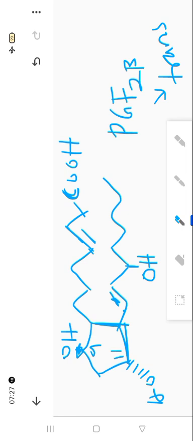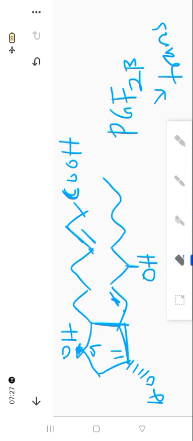So we want to look at PGG and PGH. PGG and PGH are primarily intermediates. They are intermediates that are produced in the biosynthesis of every other prostaglandin and prostacyclin, and in fact thromboxanes too. So for these prostanoids to be made, the first intermediate that is generated is PGG, which is unstable, and PGG undergoes some kind of reduction reaction to become PGH, and PGH serves as an intermediate in the manufacture of every other